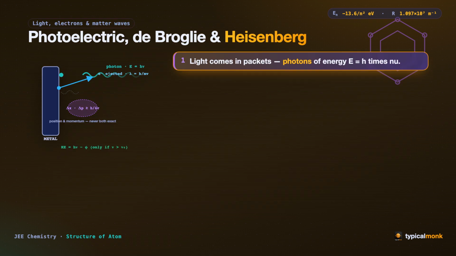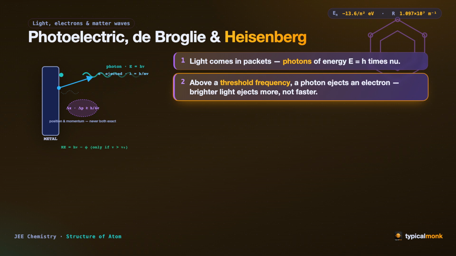Now the ideas that broke classical physics wide open. First, light does not arrive as a smooth stream. It arrives in packets called photons, and each photon carries an energy equal to Planck's constant times its frequency. Second, shine light on a metal, and above a certain threshold frequency, a photon can knock an electron clean out